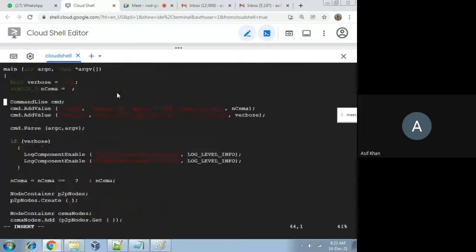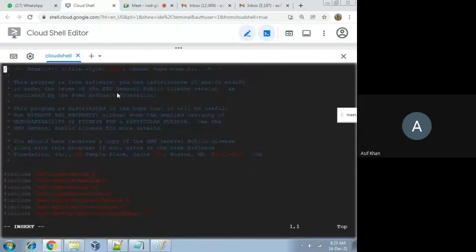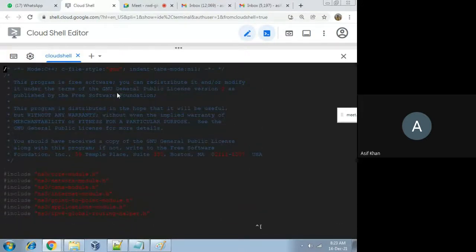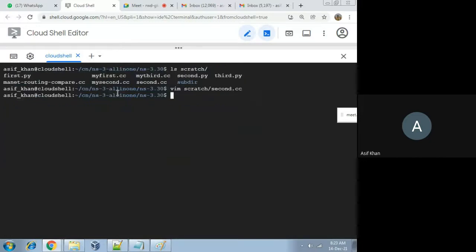I've already copied it. Let me remove this .cc.